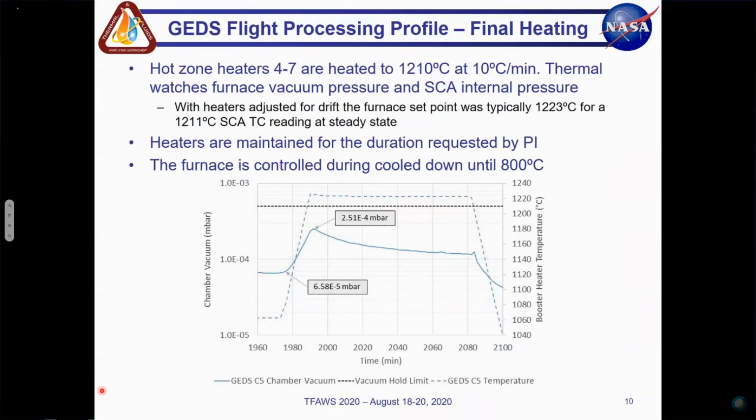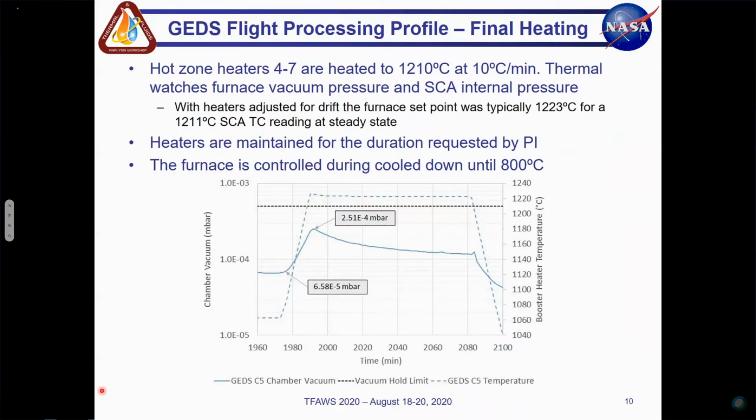So for GEDS, it's critical that we do not have an unexpected hold during this final heat up. Irreversible damage can be done to the PI's science during these holds, because of the damage being caused from these temperature holds where the PI is not requesting them. And if you remember, the PI is looking for temperature holds between 30 and 90 minutes. He assigns them, so if we have a pressure hold, it'll add time at an undesired temperature for his results.